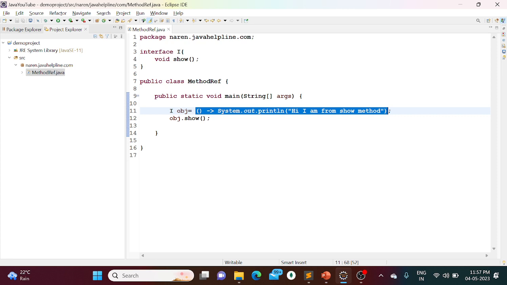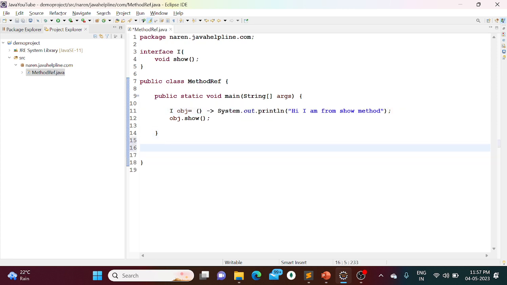Okay, so let's say we are having another method. Here we are having a static method. Okay, so method reference, actually we can have three types of method reference: static method, non-static method reference, and constructor method reference. Okay, so let's say we are having a static method like